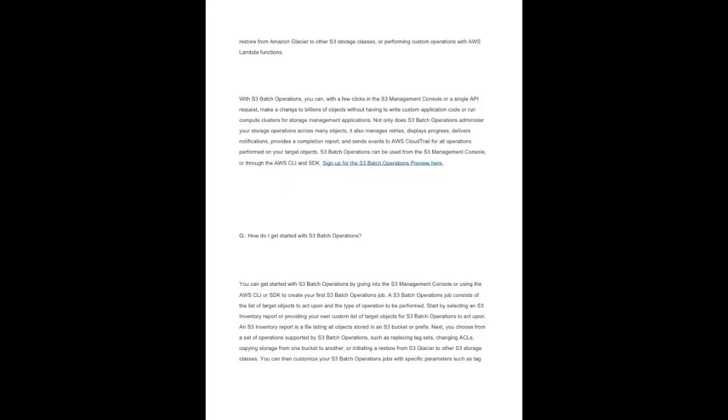An S3 inventory report is a file listing all objects stored in an S3 bucket or prefix. Next, you choose from a set of operations supported by S3 Batch Operations, such as replacing tag sets, changing ACLs, copying storage from one bucket to another, or initiating a restore from S3 Glacier to other S3 storage classes. You can then customize your S3 Batch Operations jobs with specific parameters such as tag values, ACL grantees, or restoration duration. To further customize your storage actions, you can write your own AWS Lambda function and invoke that code with